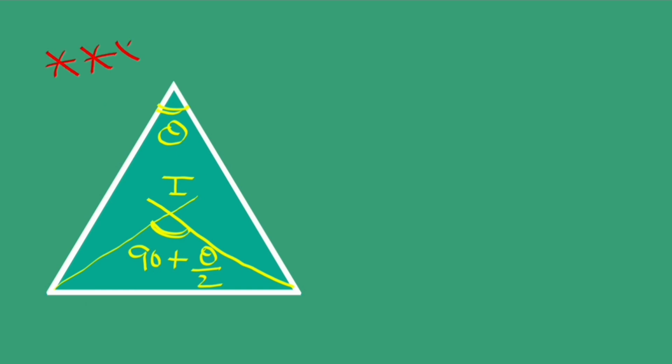When two angle bisectors are drawn such that they meet at one point, that point we call the incenter, and the opposite angle is theta, then the angle made at the incenter is 90 plus theta by 2. Remember this condition, very important. Okay. Similarly,